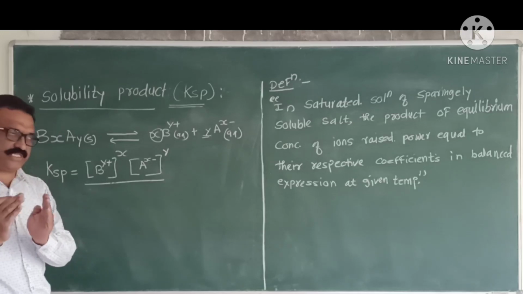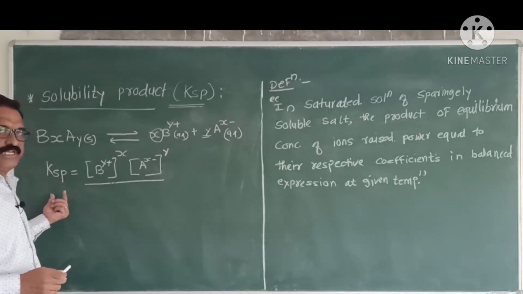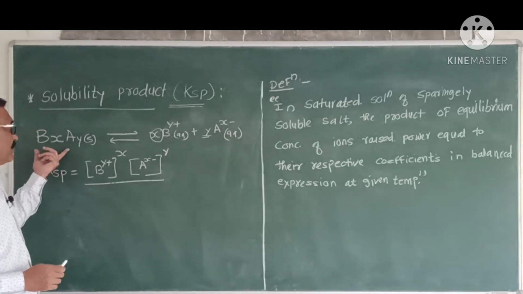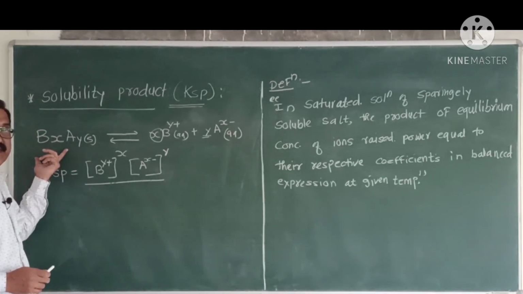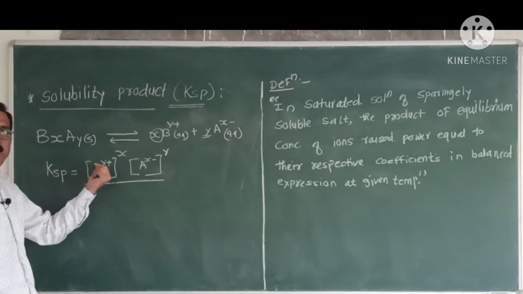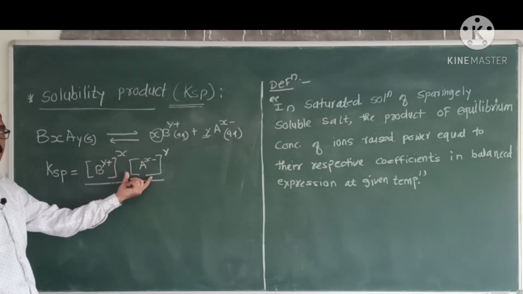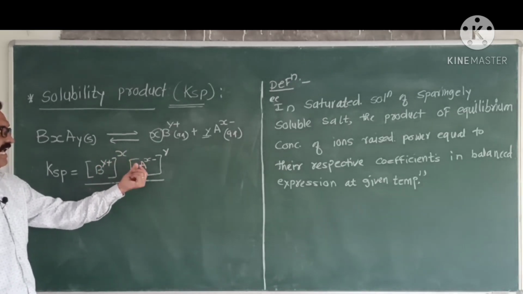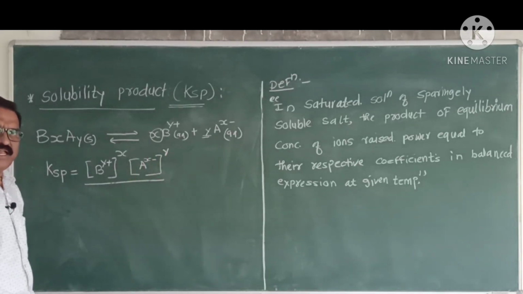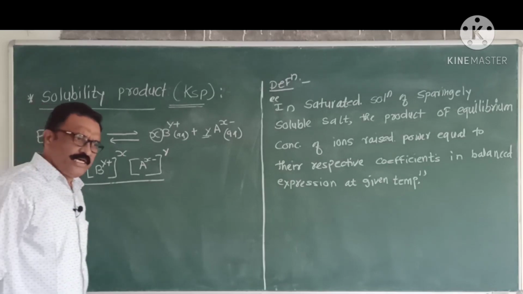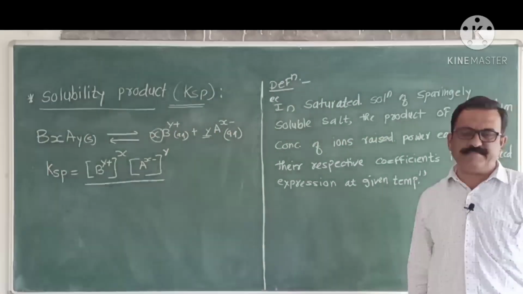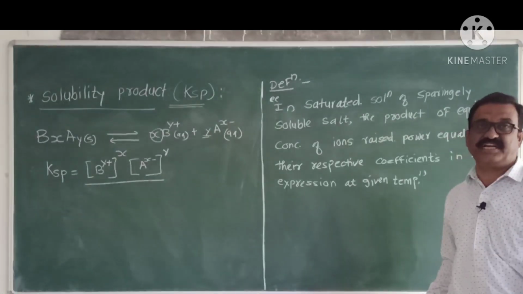By using this equation, we can calculate the solubility product of such a sparingly soluble salt, that is Ksp is equal to the concentration of By plus raised to X into the concentration of Ax minus raised to power Y. Hence, the solubility product of a sparingly soluble salt can be defined as, the definition will be asked for single marks,